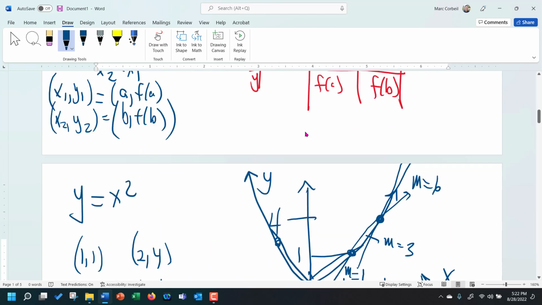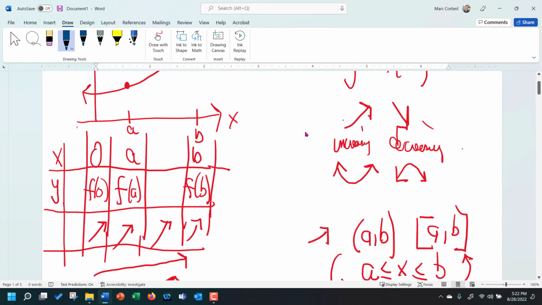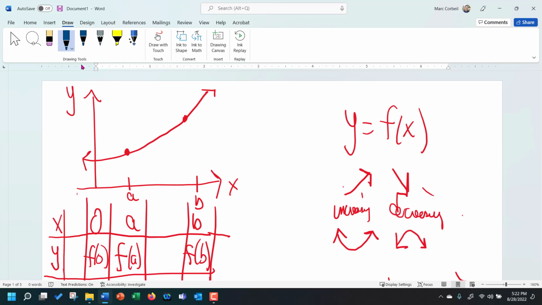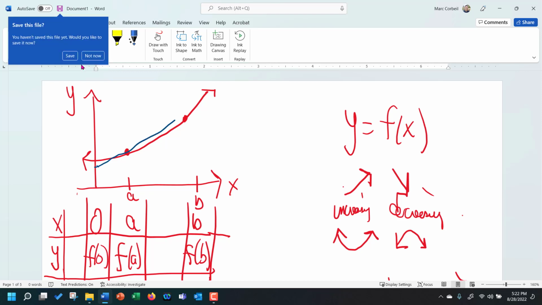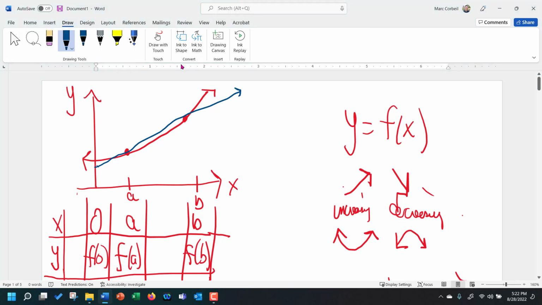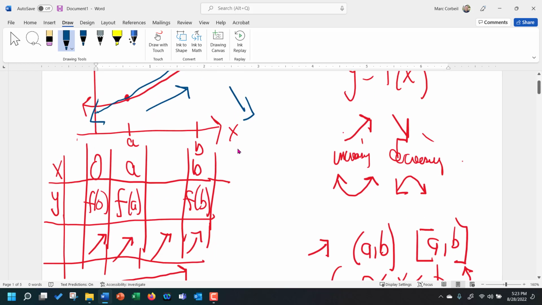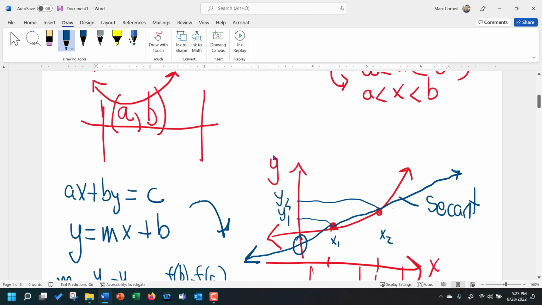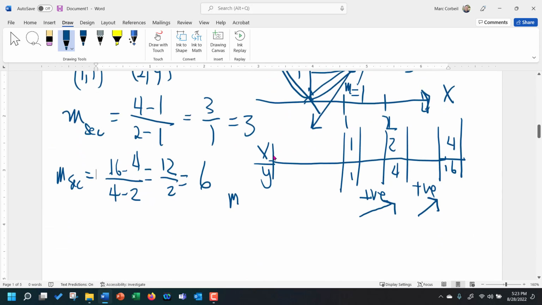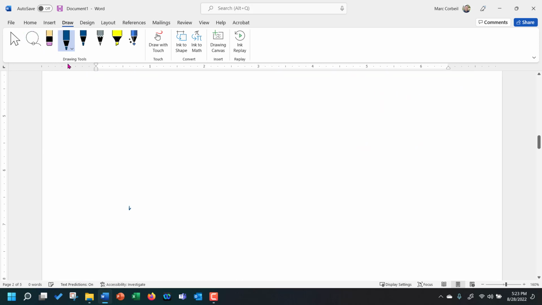So what this kind of tells us with the secant line is, if you go way back to the original problem, it's a way of describing what is going on with this function. A secant line between 2 points kind of gives us an indication that the function is either increasing, decreasing, or doing something else. Now that's a limited thing because our graph could be doing something between the 2 points that we choose with a secant line. So for example, if I've got a graph that does a Humpty Dumpty thing up and down, and I choose a secant point here,